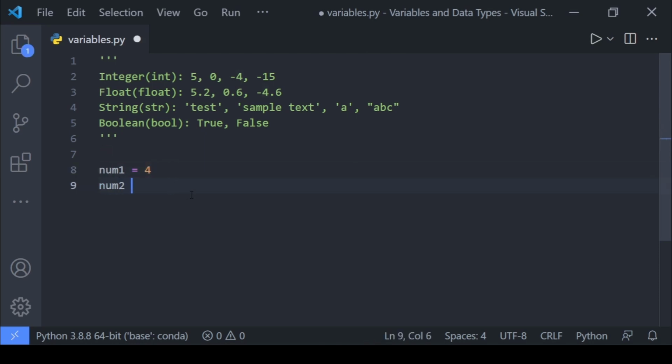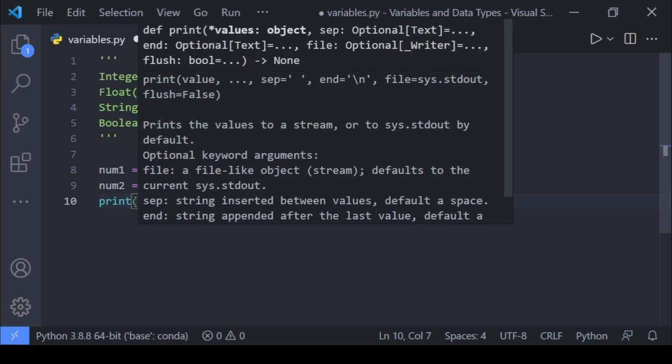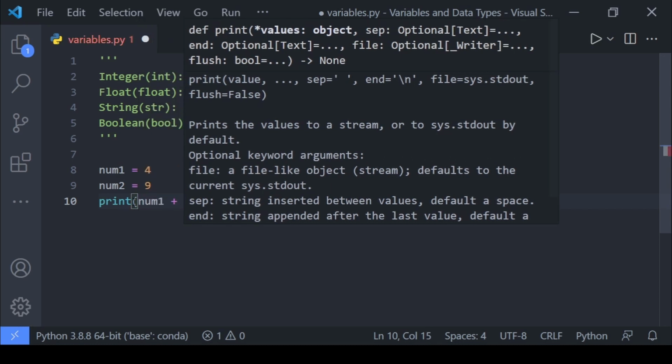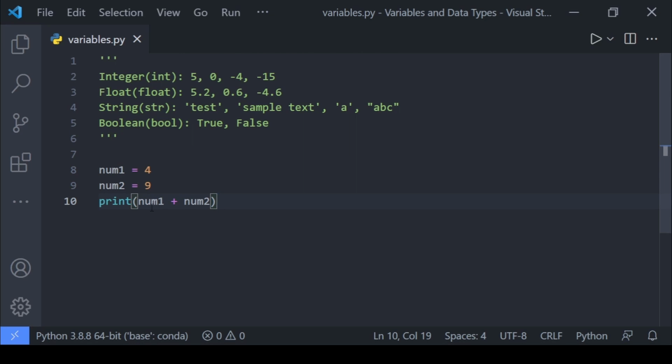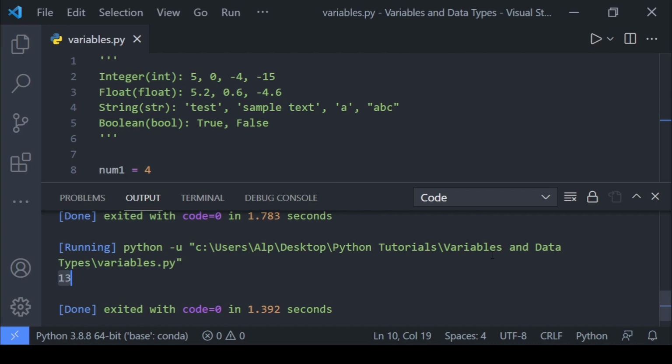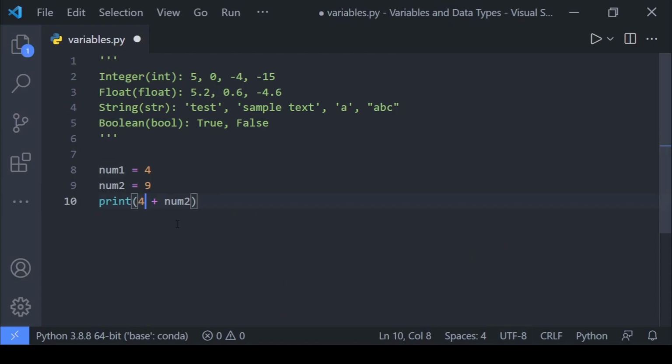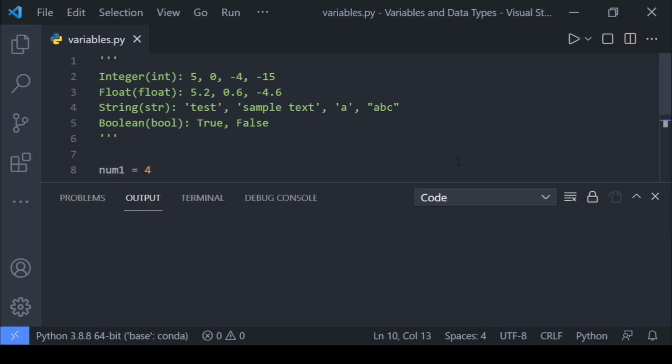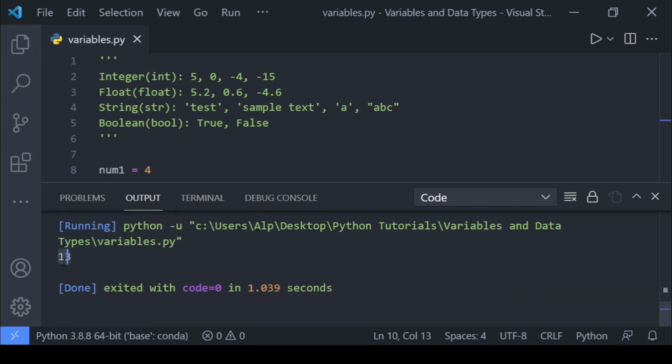And so if we create a variable named num2 and assign it the integer value 9, this num2 variable will always have the value 9 as long as it's not changed. And so if we try to print num1 plus num2, you might already be guessing this, but as num1 stores the value 4 and num2 stores the value 9, the output will be equal to 13. And right now, as you can see, the output is 13. And here we could have just done 4 plus 9 instead of using variables as well. And this would work just like the previous example and it would output 13.